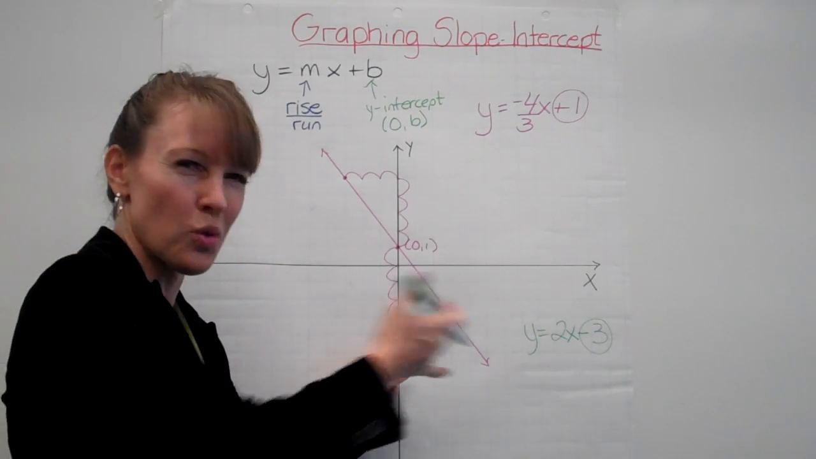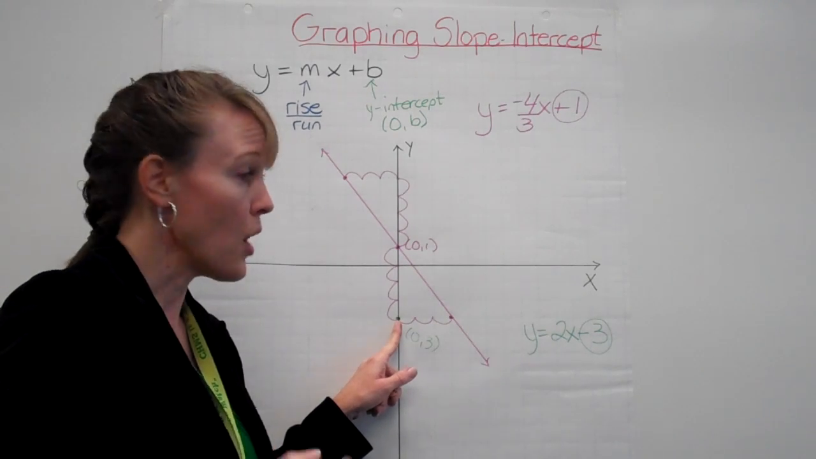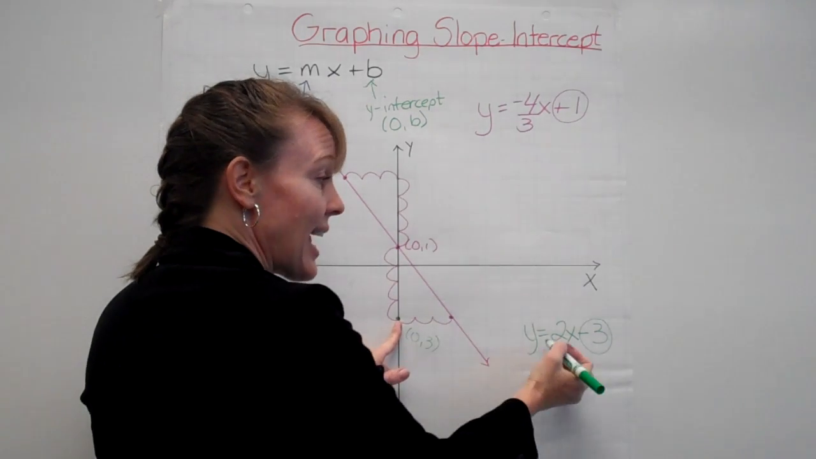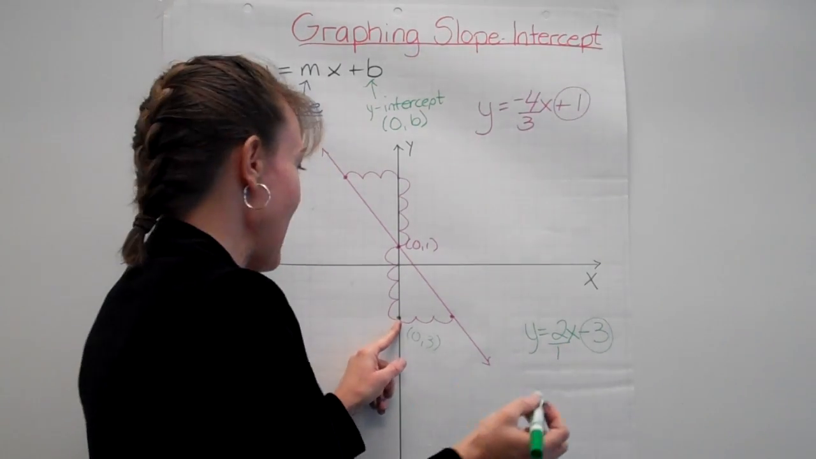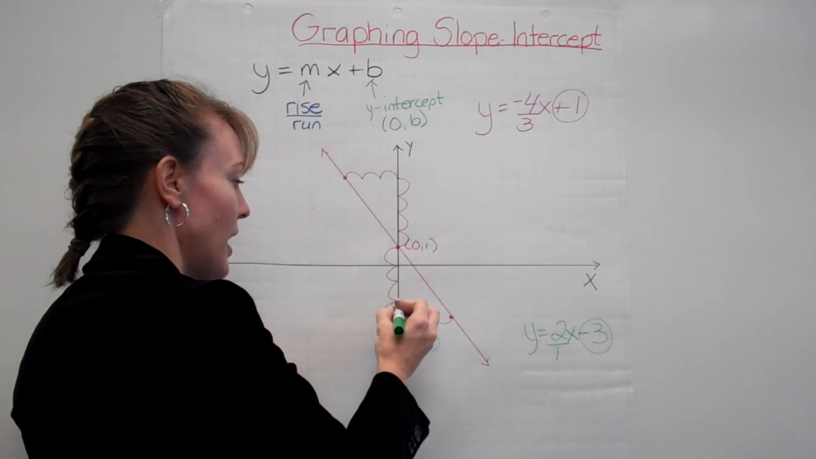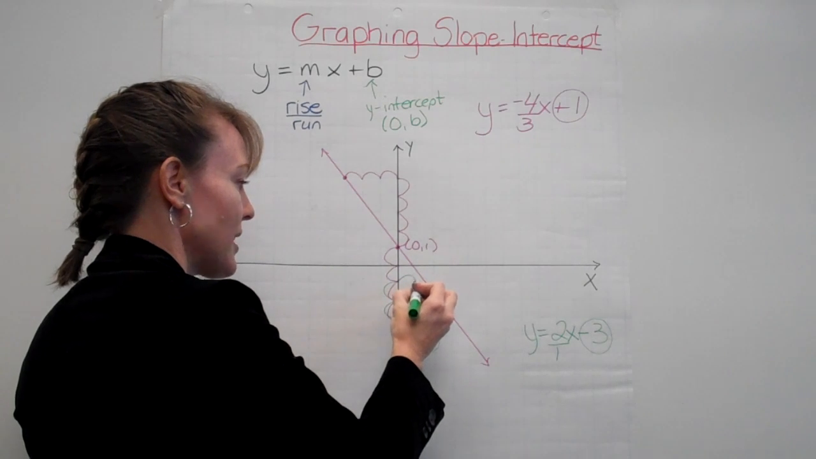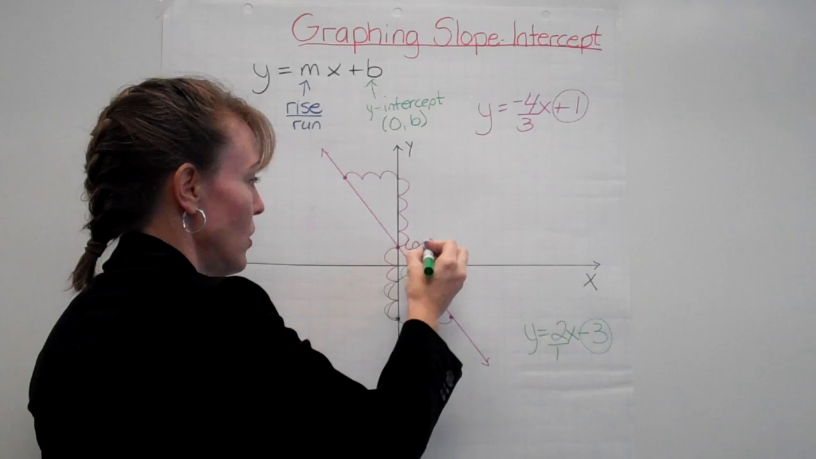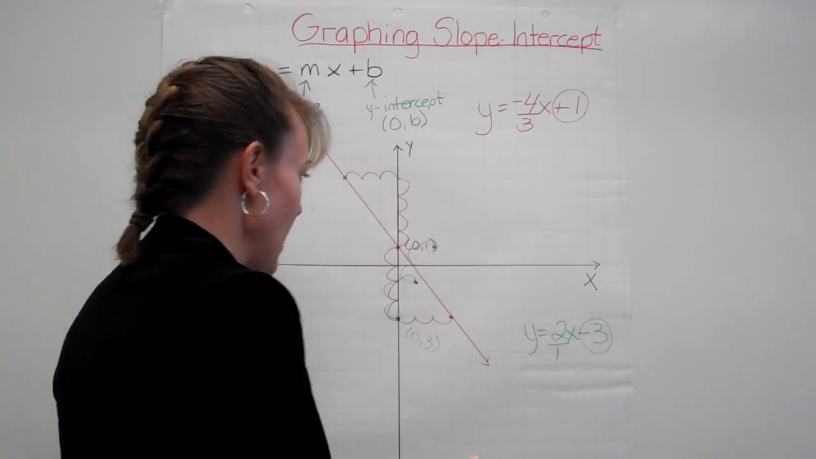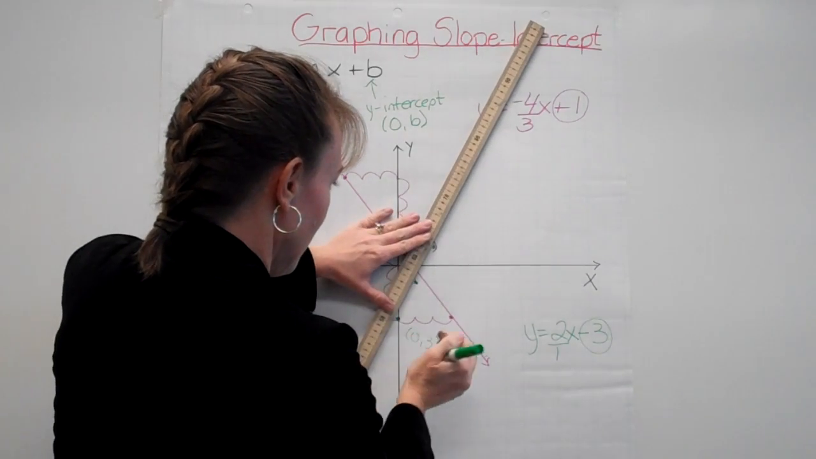And you go, yeah, but Mrs. Woolley, there's only a 2 there. Well, we're going to make it a fraction, right? Any whole number would be 2 over 1. All right. And it's positive, so I'm going to say positive 2 over positive 1. I'm going to do it again just to make sure. Positive 2, positive 1. Now when I connect my points,